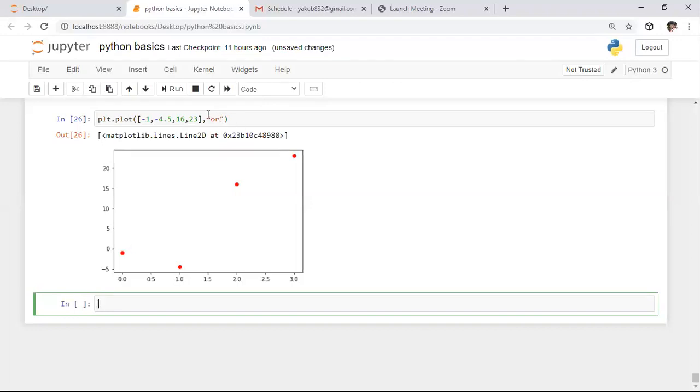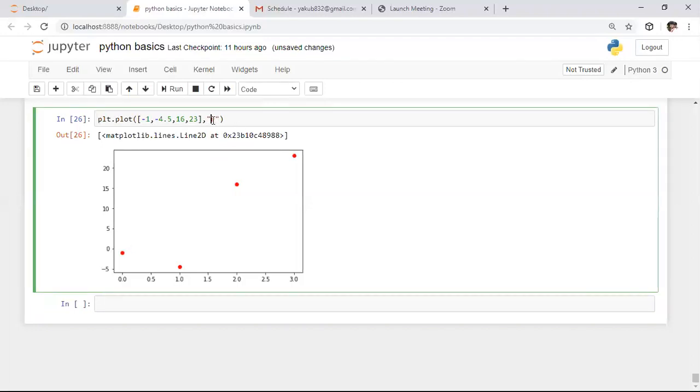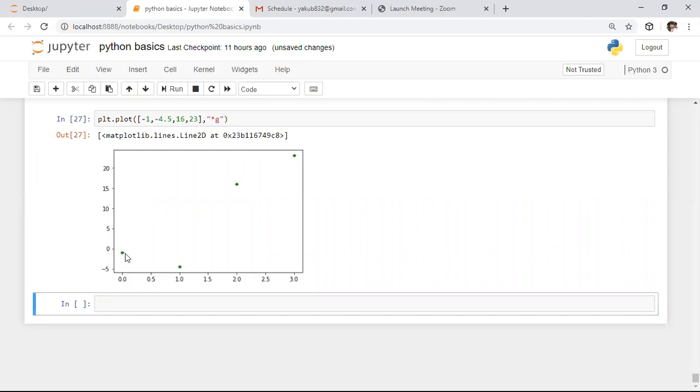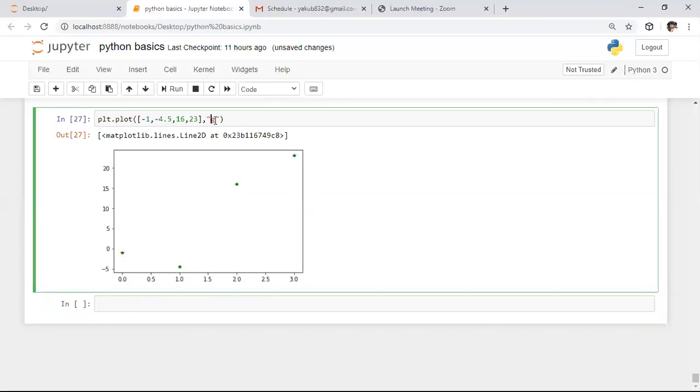Here I want to represent every point with a star and green color, so I'm changing those two attributes: star, green. Whenever you specify these two things, each and every pixel comes with the star and green color. Whatever line style you want, you can specify it, and whatever color you want for that line or the dots, you can specify that color here.